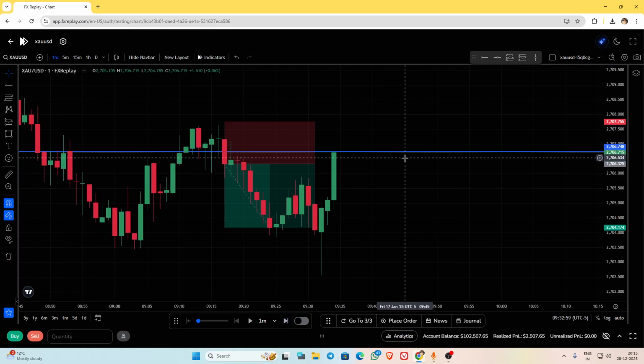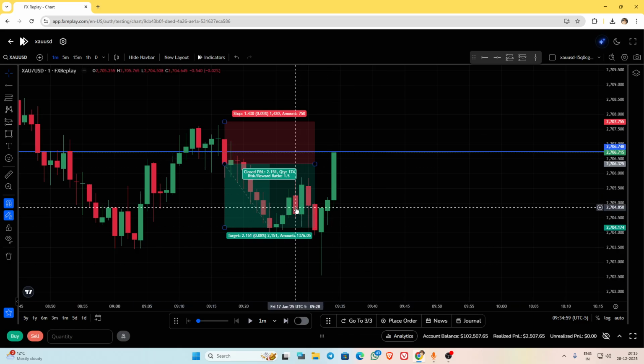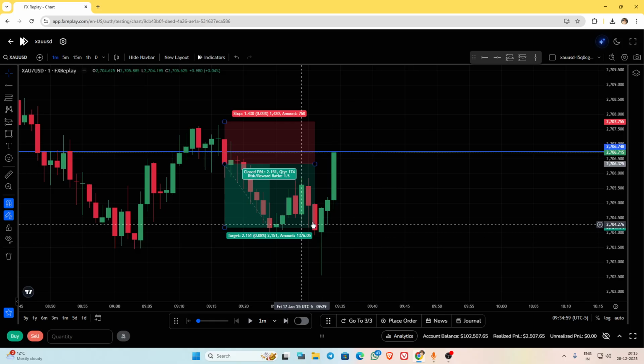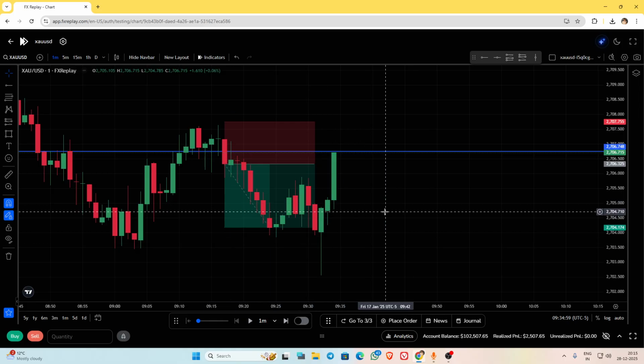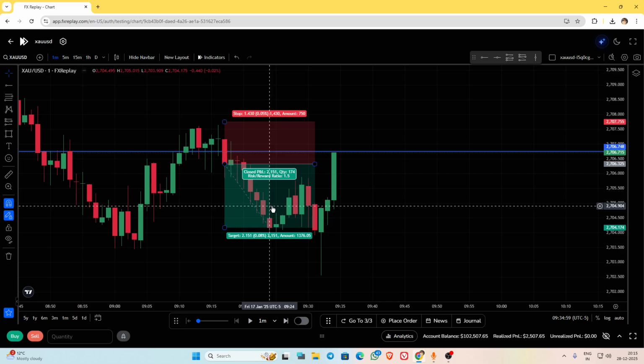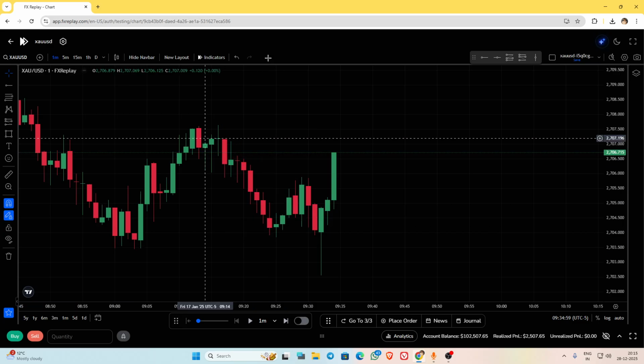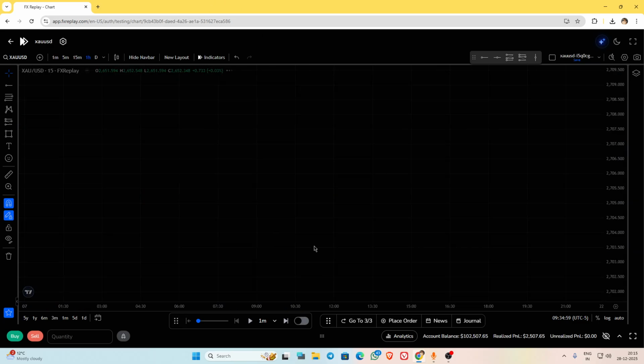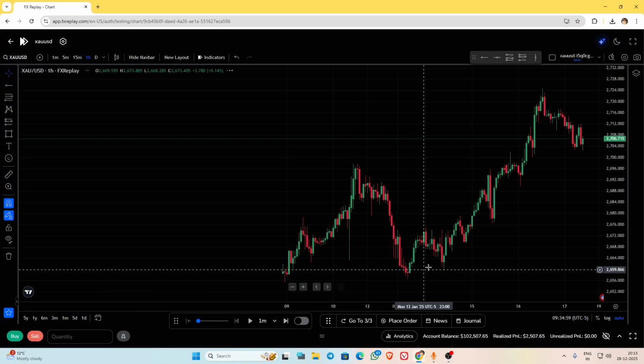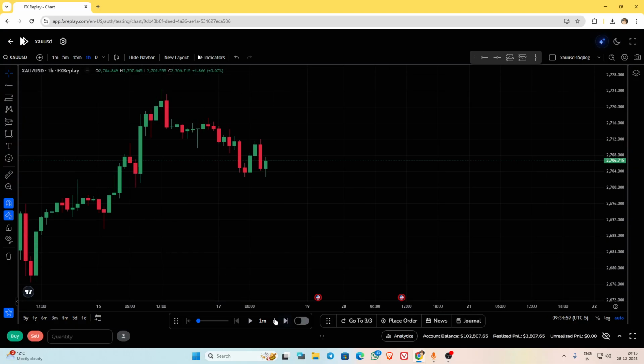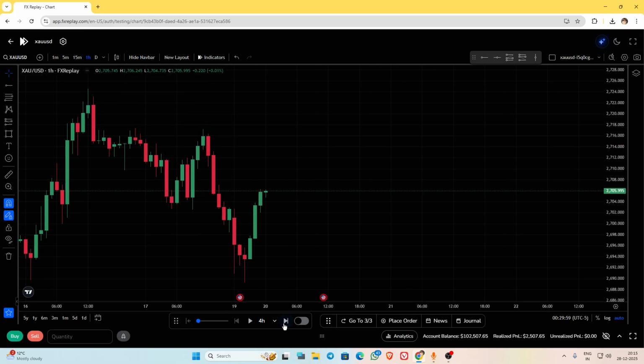Okay, so TP hit. Nice, we are up 2.5%, and if we are able to make 6% in this month, it will be a good month, like a very good month. Moving on, let's go to